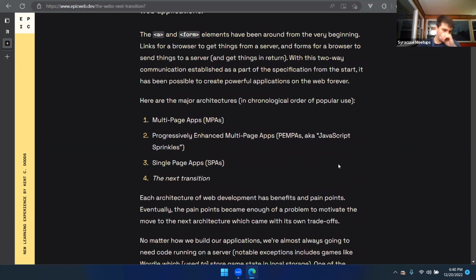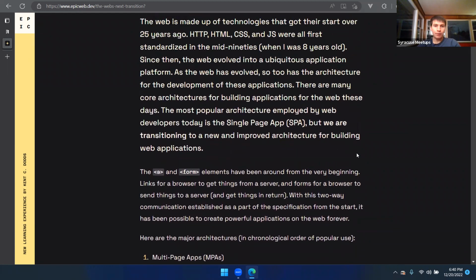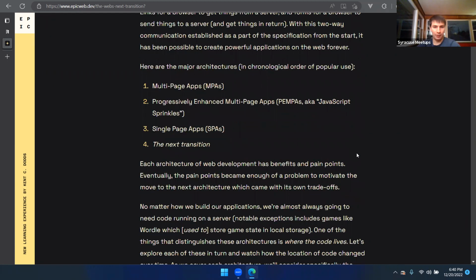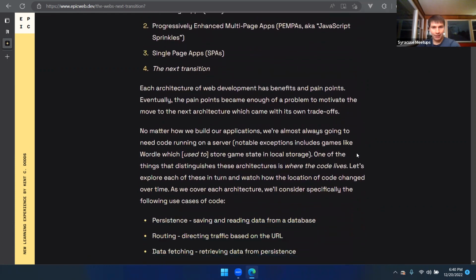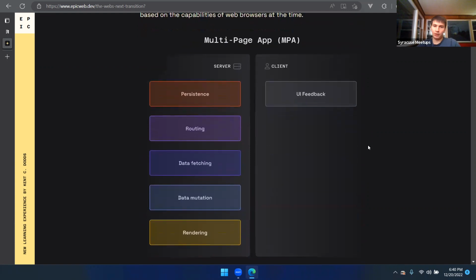I'm just going to run through this little article to give an idea of where Remix fits in. So the first transition for the web was multi-page apps. Basically most of the work is done on the server, and you've just got a little bit done on the client, right? So this was the days of PHP and all the other sorts of backend